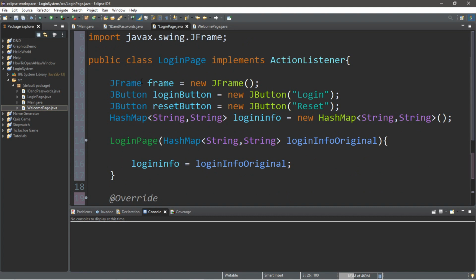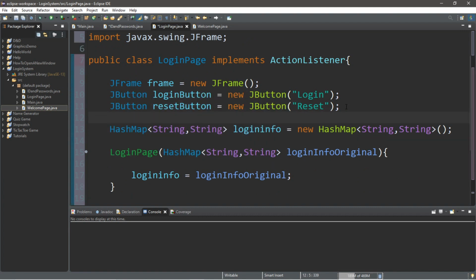Okay, we'll also need a user ID field so somebody can type that in. So a JTextField would work for that. And this will be called userIDField equals new JTextField.